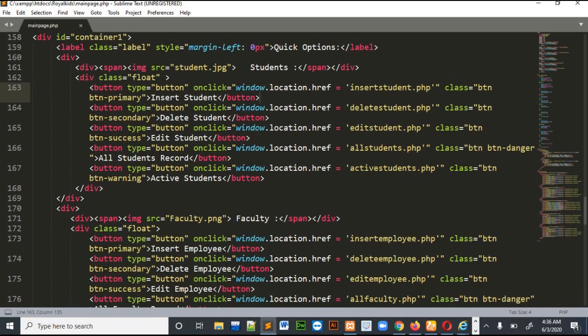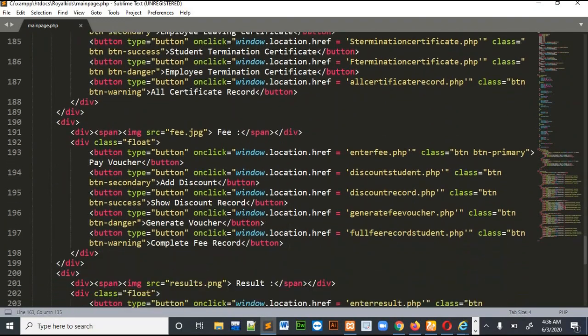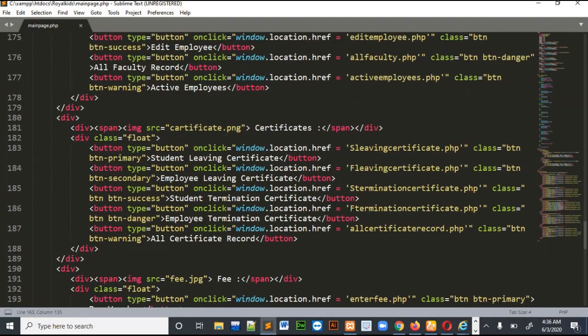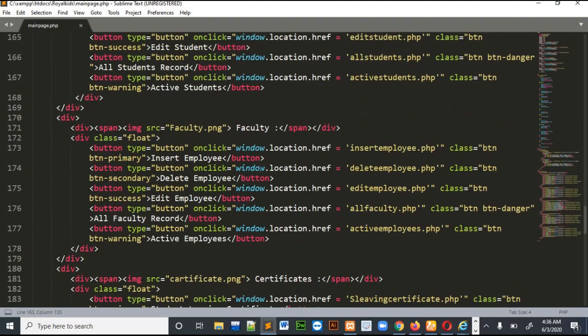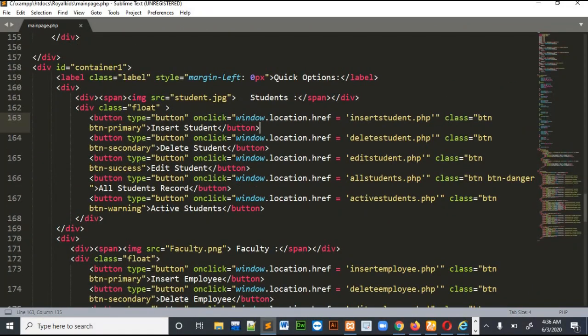All of the buttons are working the same. So if you want to send the user to any other page using a button, this is the syntax for that. You have to write onclick and this function.